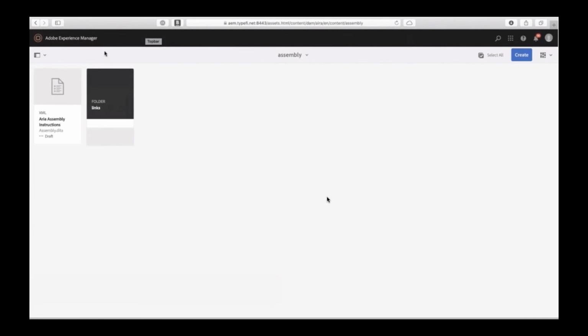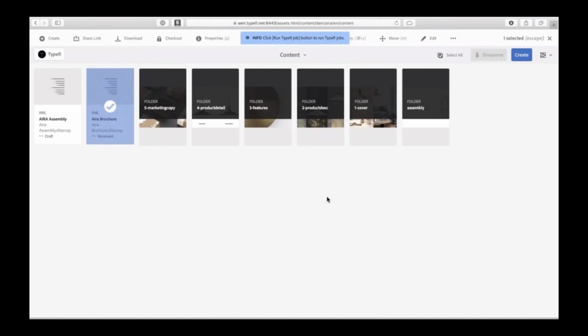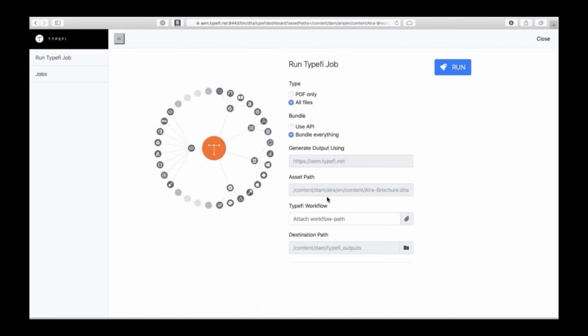So all of these content components is going to be packaged up and sent through to Typefi from that data map. So once the data map is selected, you have a Typefi Run Job button added to the interface.